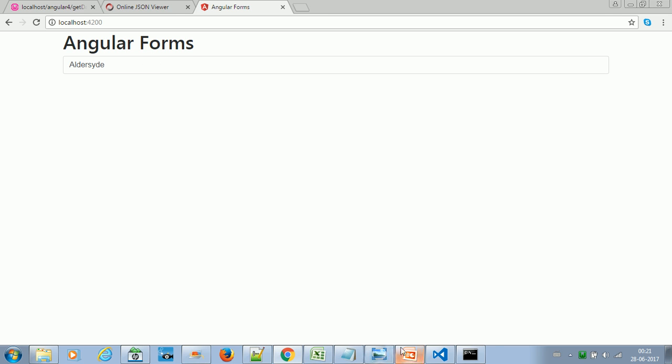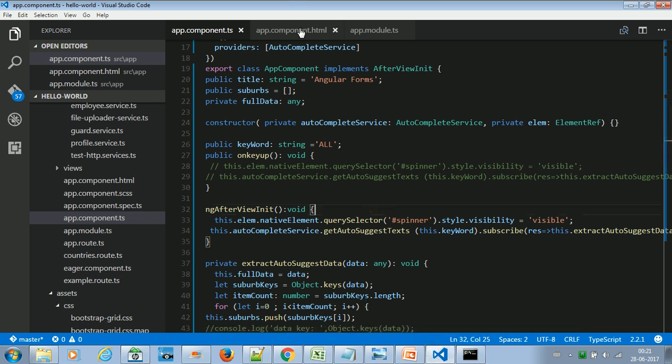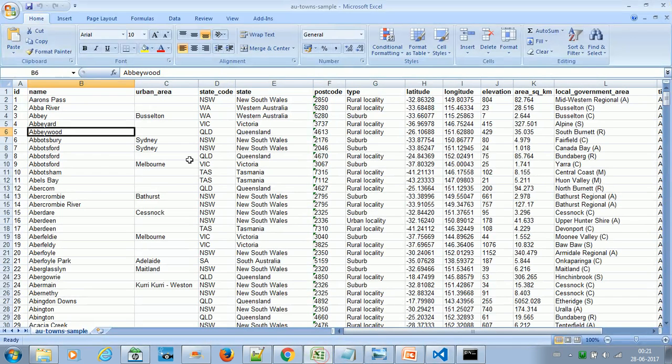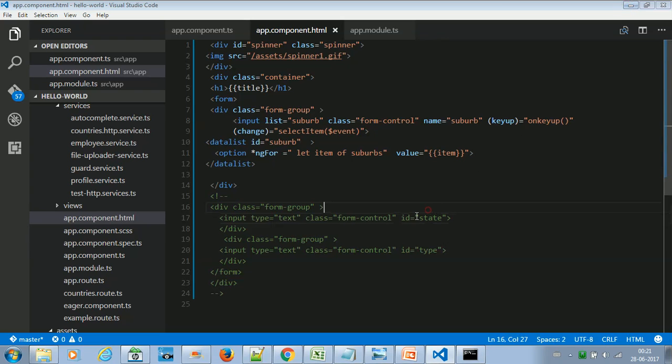So we can assign some event. Okay, we can assign some event. So let's do one thing. Let's create 2 more fields, and there will display some value from this column. Okay, say I'll display this state, I'll display this type. So I'm placing 2 fields which are already there. I just kept it commented. So let me just